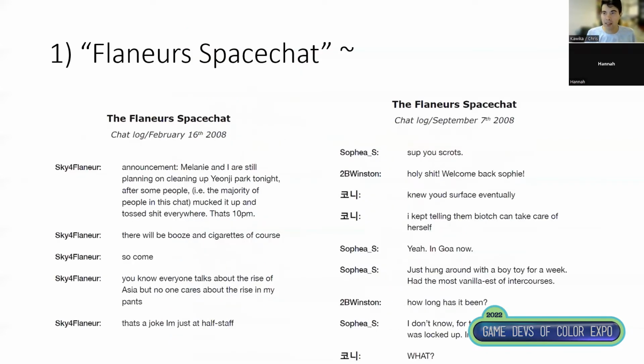The first one we adapted was the space chat sections, and these are kind of the shortest sections in the novel. But these are the chat sections, the chat rooms. I won't read these out loud, but you can read them. And as you can see, they're pretty in your face and politically incorrect. But yet they're also very accurate for the kind of chat groups that I was in at this time, especially in these immigrant expatriate communities in Asia.